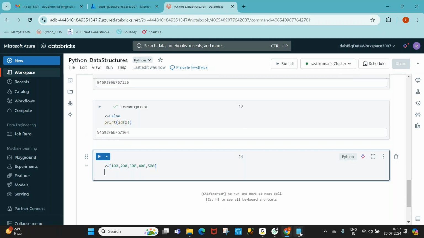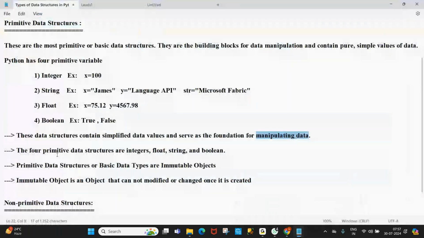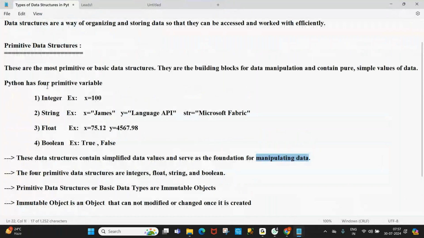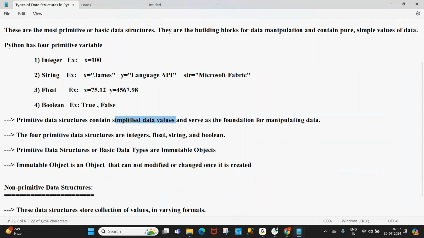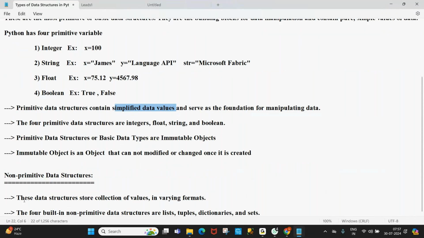See here, already written: primitive data structures contain simplified data values, that means a single value. But non-primitive data structures store a collection of values in various formats.